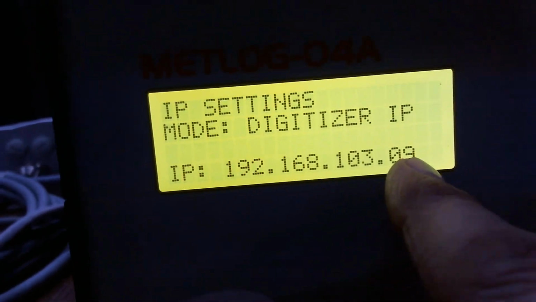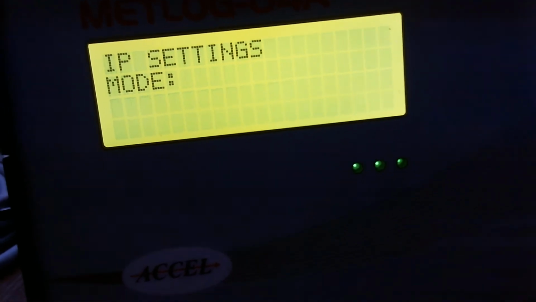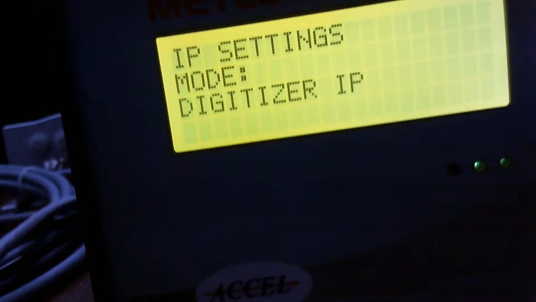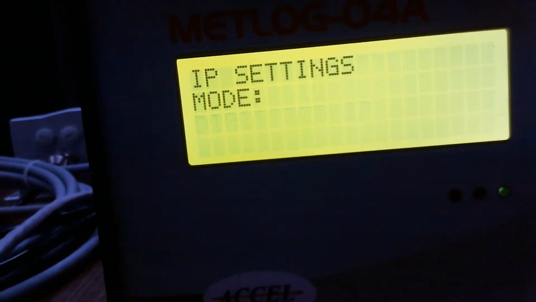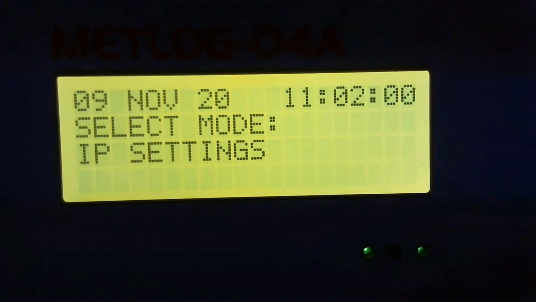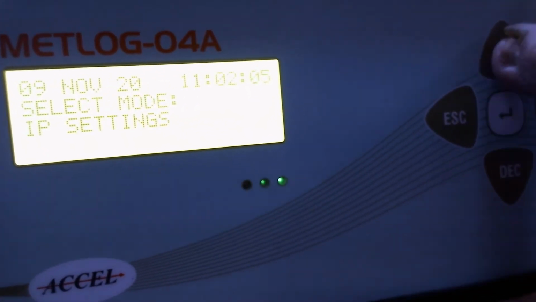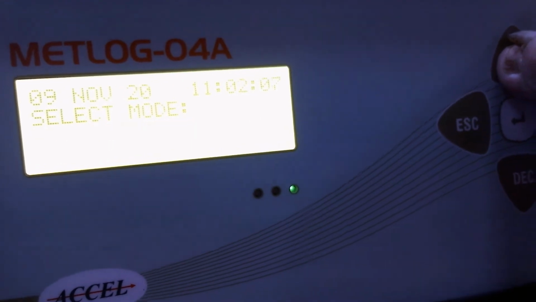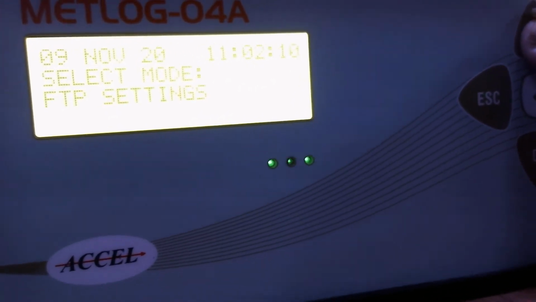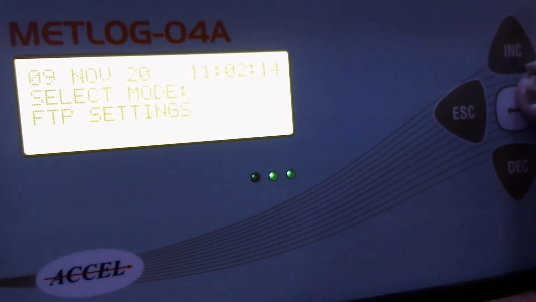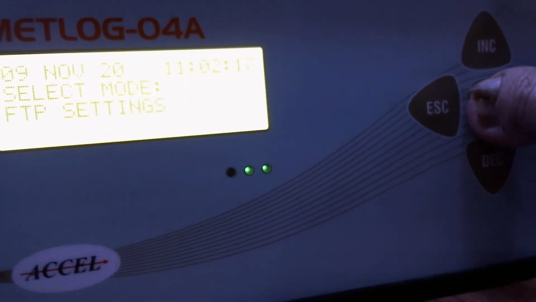Now remember that this is your 09. I will make it 11 in system configuration. Then you will see your IP as 11. Then the next mode is IP status. We have seen this. Again press escape, so you can come out of this mode. So the next setting is FTP settings. These FTP settings will be provided to you at each and every airport. Then press enter to go inside that.